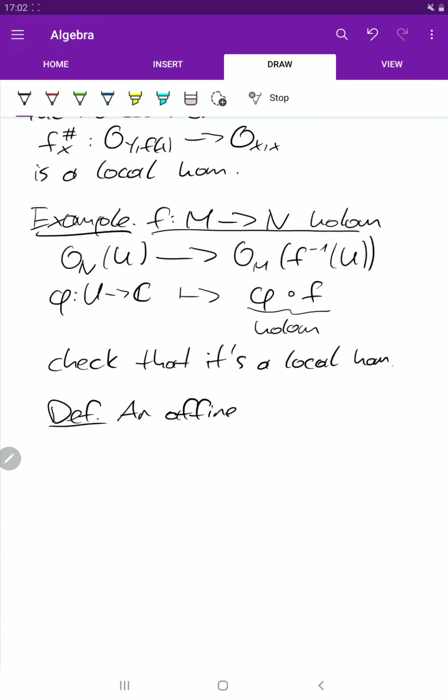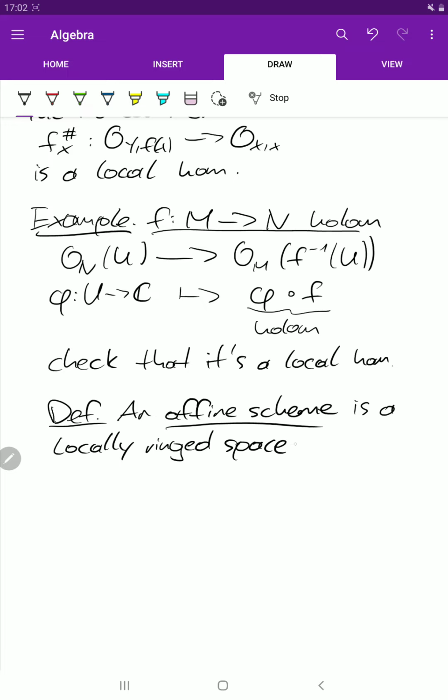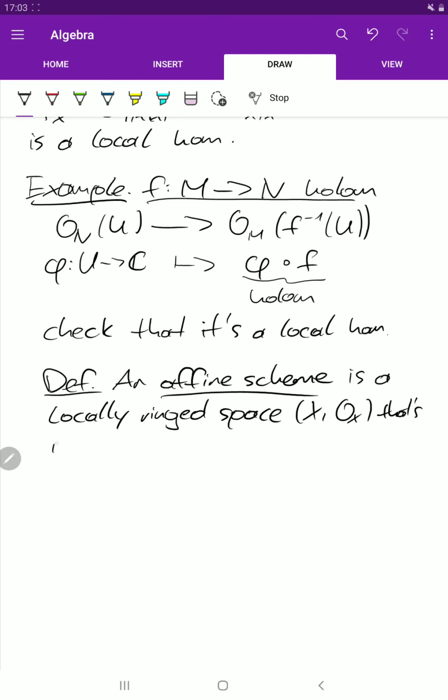Okay, so we've talked a lot about affine schemes, so let's make the definition watertight now. So this is a locally ringed space (X, O_X) that's isomorphic to just the spectrum of a ring and the structure sheaf of the spectrum of a ring.